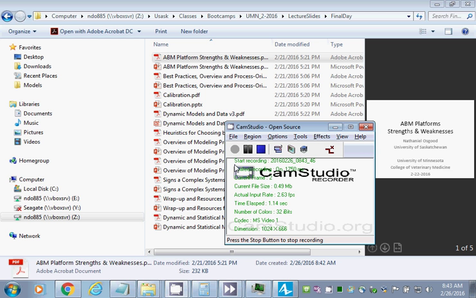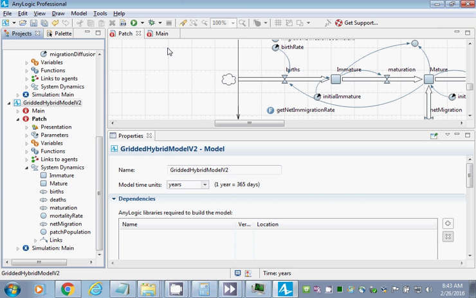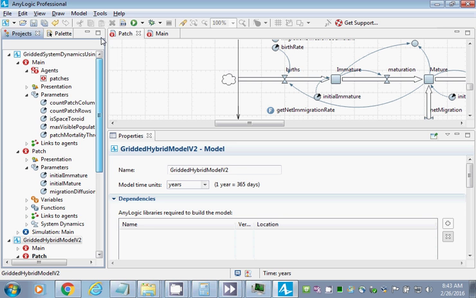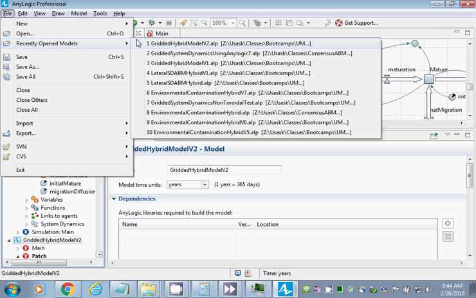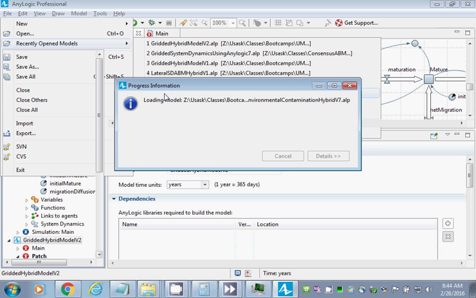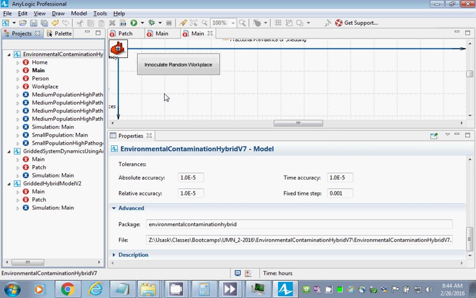We're going to start off, as I am wont, with a retrospective on yesterday. So yesterday we built three models of note. All three were distinguished by being hybrid system science models. And just to help people recall, one of them was an environmental contamination hybrid model, where we had different locations,